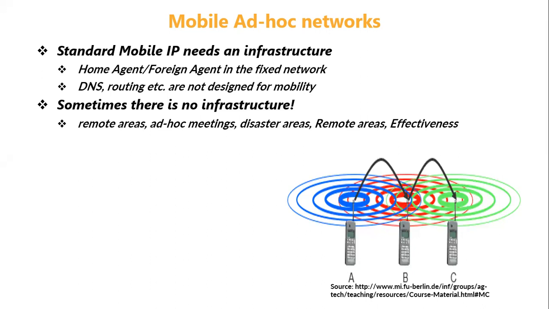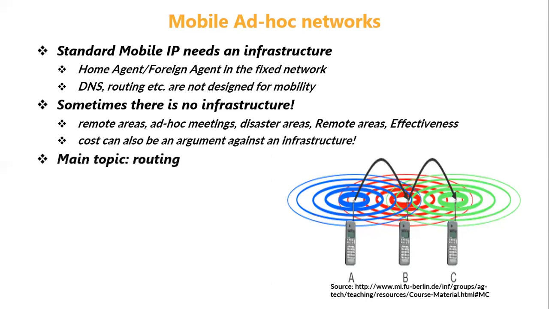The same applies to military activities also. In military activities, you cannot depend on an infrastructure based network because the enemies may collapse the infrastructure at any time. So we need some networks which do not depend on any infrastructure. Such networks are called ad hoc networks. And also sometimes we may want to communicate with remote areas. There may not be any fixed infrastructure where the population is sparse. In such cases also communication is possible only through ad hoc networks.